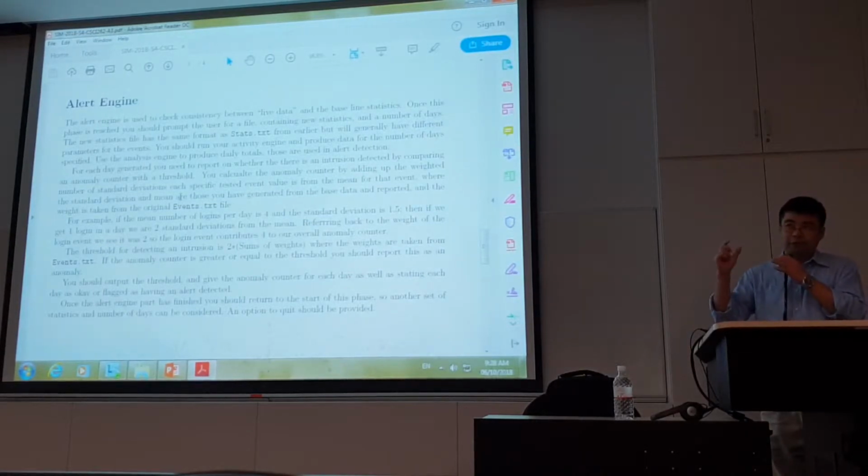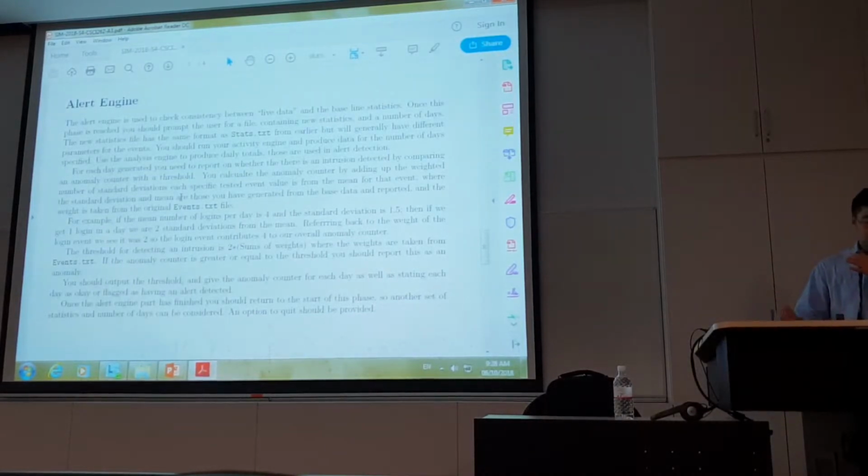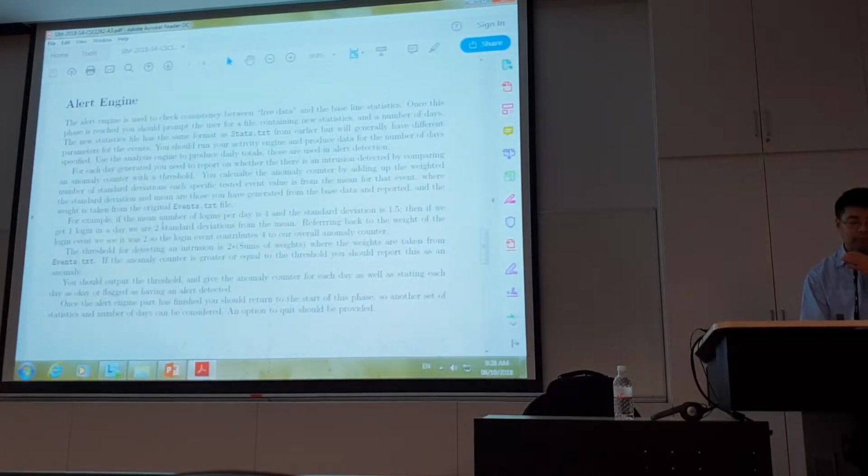That means the difference between the active and the expected logging, the number of logging, actually is 3. 3 is 2 times the standard deviation. That means for this particular event, the distance is 2. We just use how many times the difference is